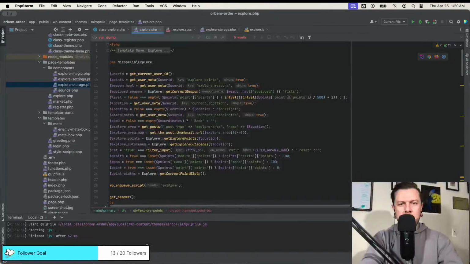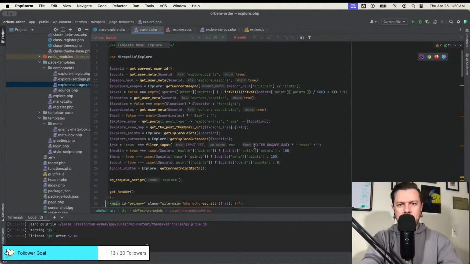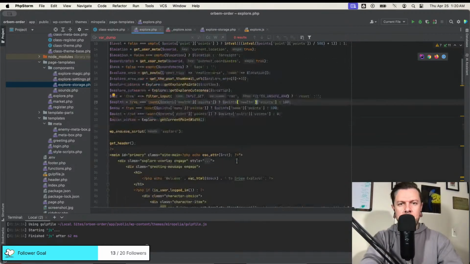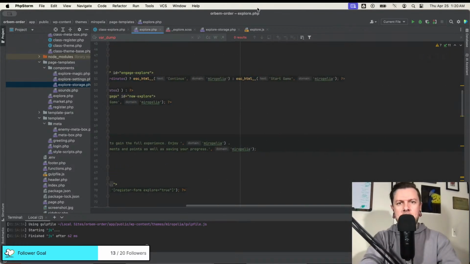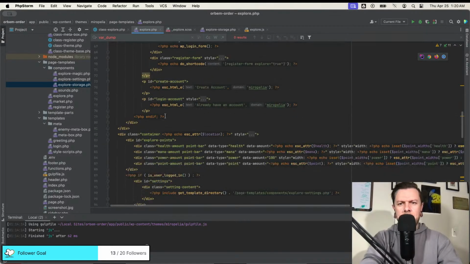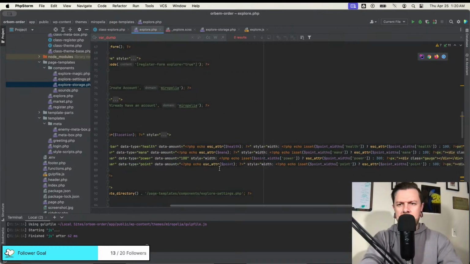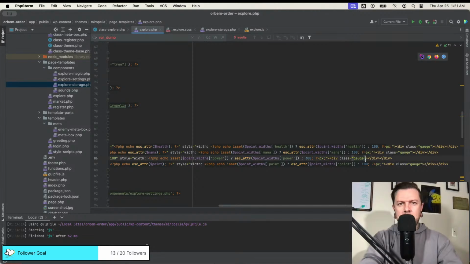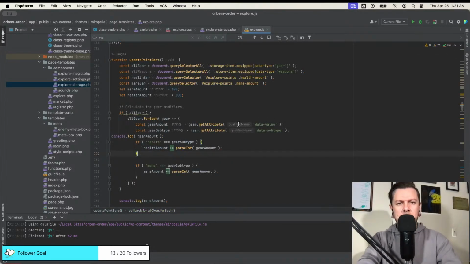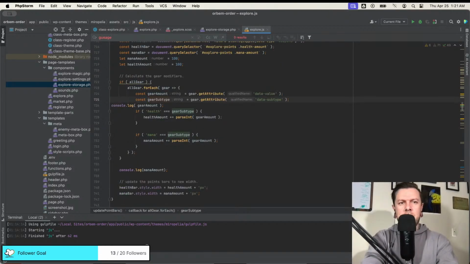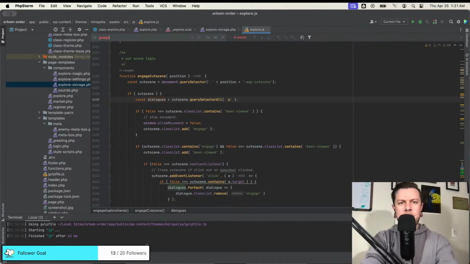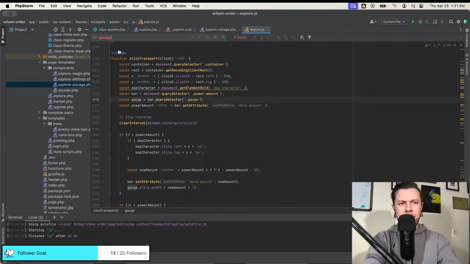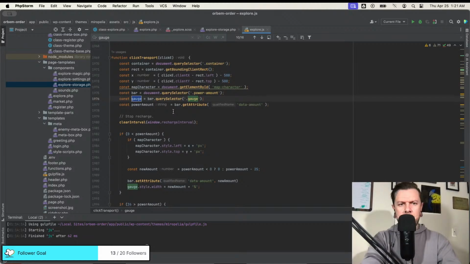Okay. Let's double check this is all good. Yes. I think we're good. Points. Okay. So now that's all good. Now we need to just change the width percentage from 100%. Wait, where's gauge? Oh, here it is. So I must be doing that in JavaScript. Let's go to gauge real quick. There's no gauge. Yes, I just spelled it wrong. I never spelled gauge right the first time. Or the second time, apparently. Okay, so we got gauge.